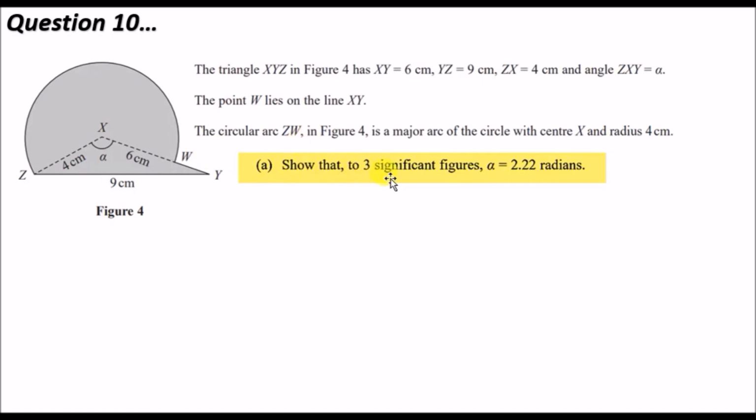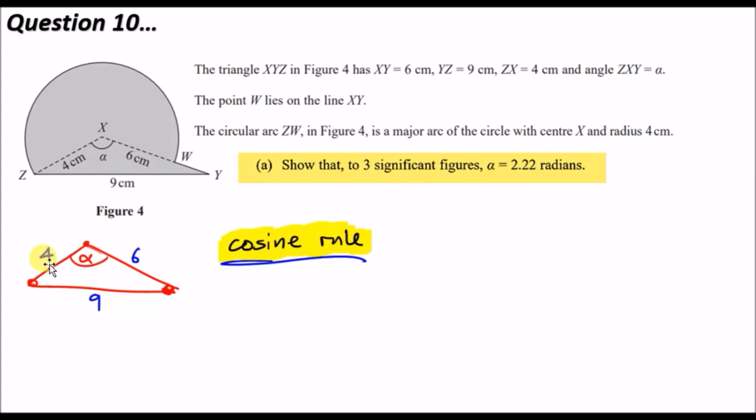So show that to 3 significant figures, alpha equals 2.22 radians. So we're looking at the angle here. And the easiest way to do this is to realize that we need to work with this triangle here and consider either the sine or cosine rule. So to use the sine rule, you need to work with 2 lengths and 2 angles. Well, we don't even have 1 angle, so sine rule is off the table,